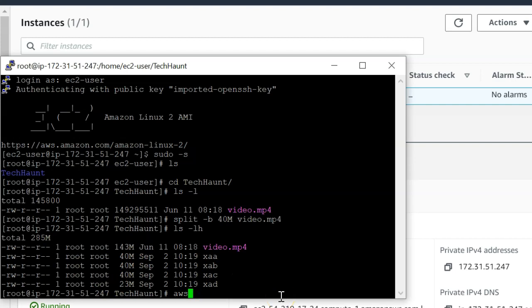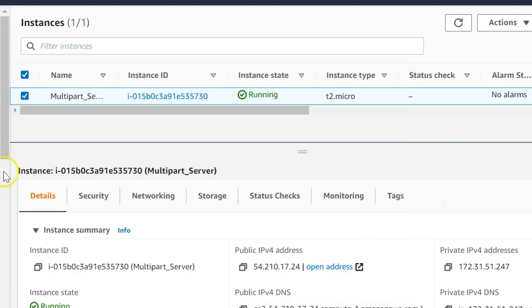First AWS, then you use your S3 API, then create-multipart-upload. Then the double hyphen, basically, not the single, bucket.